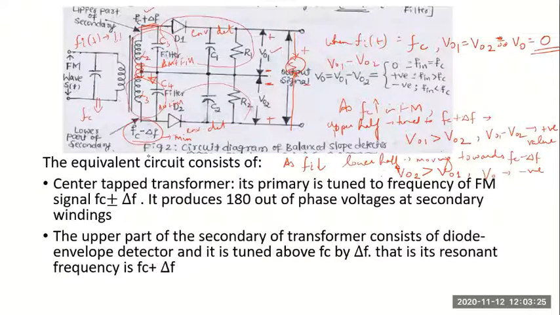See, usually this question is asked for theory. They'll ask to explain the working of a balanced discriminator or dual slope detector. Now I think you can tell me the reason why this is called balanced discriminator. Can somebody tell me the reason? You know the working? What is the reason that it is called balanced discriminator? Yes?